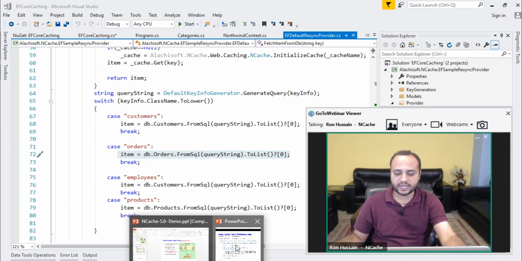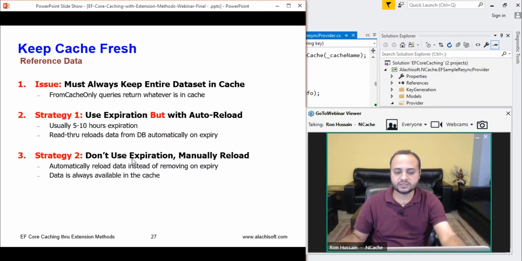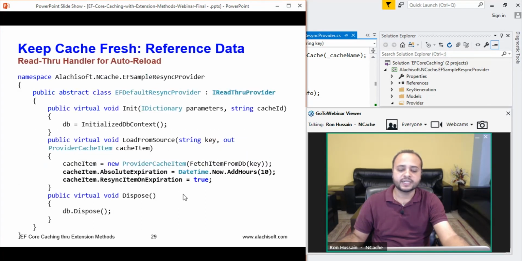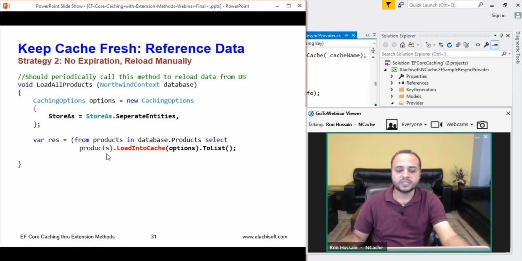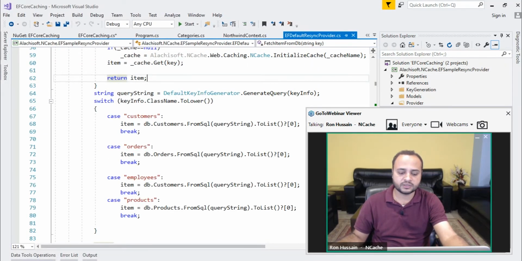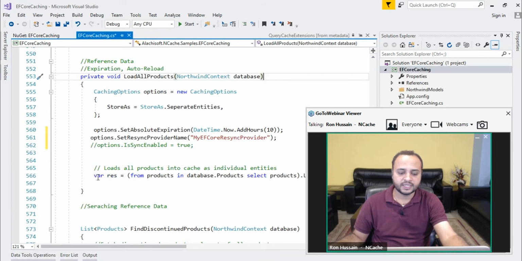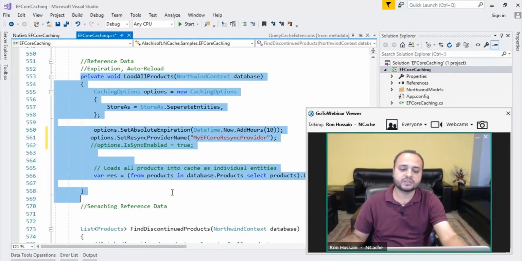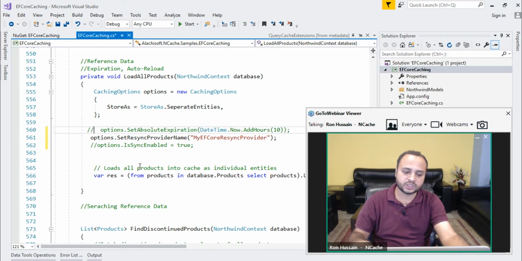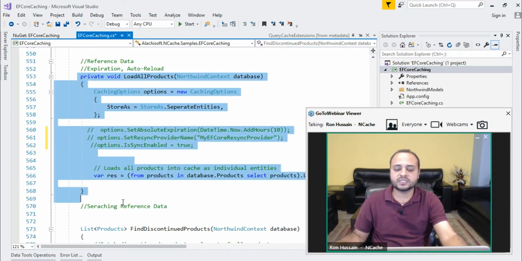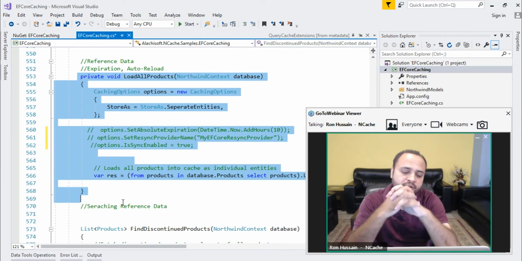Second approach, which I personally recommend, is don't use expiration, manually reload by calling load into cache. And that's something which is very simple, that you should come up with this load into cache method. If I show you one more time, keep calling this method after some intervals and don't use any expiration. Let's get rid of these. So you know that this is going to be, the reference data is only valid for, let's say, 1 hour,